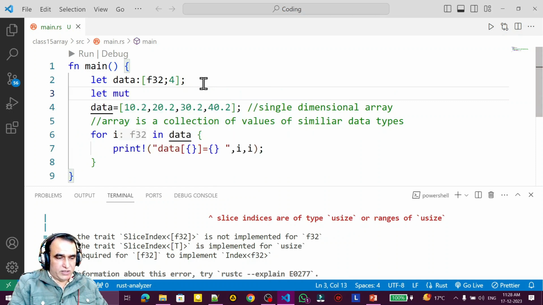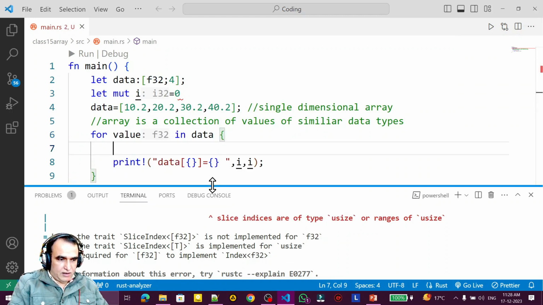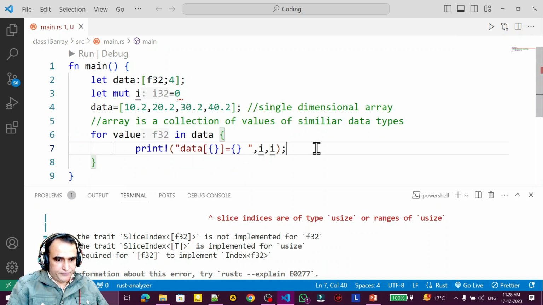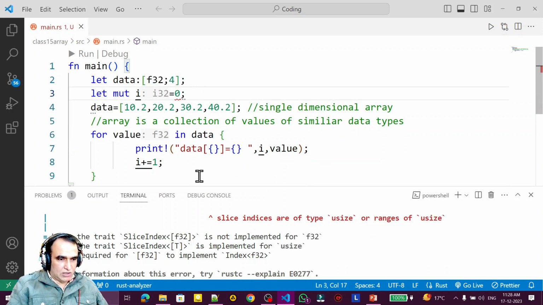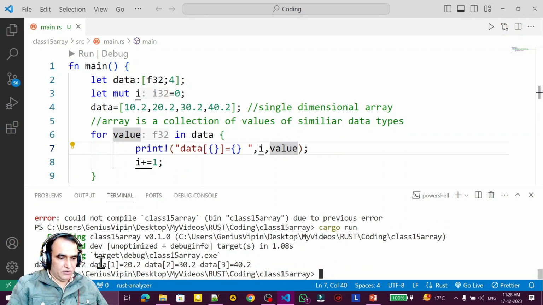So I say mut and I say i equal to 0 like this. Here I say value, and after displaying this, I say i plus equal to 1. Remember, here I am passing i and here I am passing value. So i is this one, so I need a semicolon also. So i is the index, then next one, and it is a value. Now try to execute it once again and you will see the same output, 0 1 2